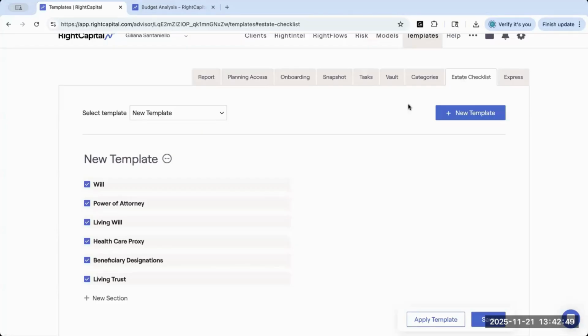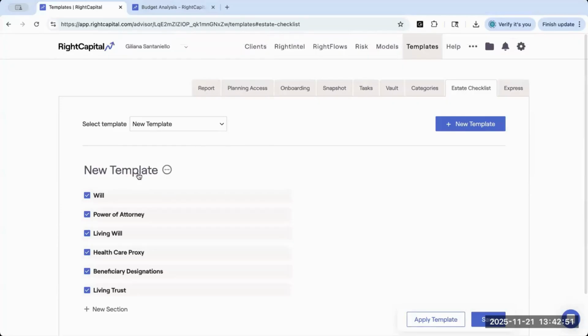So by default, RightCapital within the estate tab is going to give you the ability to enter checklist information, or to check off whether or not the clients have these specific documents for their estate planning needs. You can create a new template to streamline the specific documents that you want your clients to check off. We'll click New Template. This is going to give us the ability to add the new template, and then in the new section,